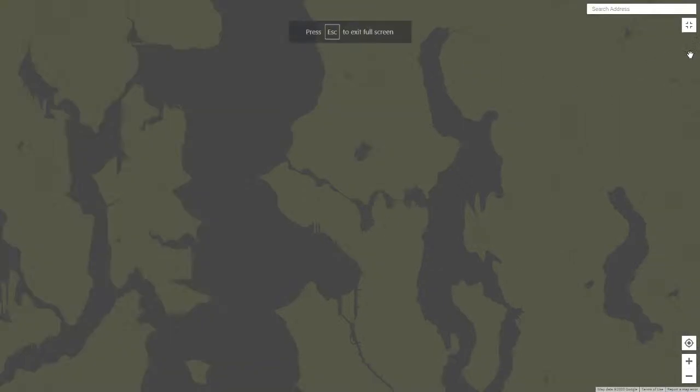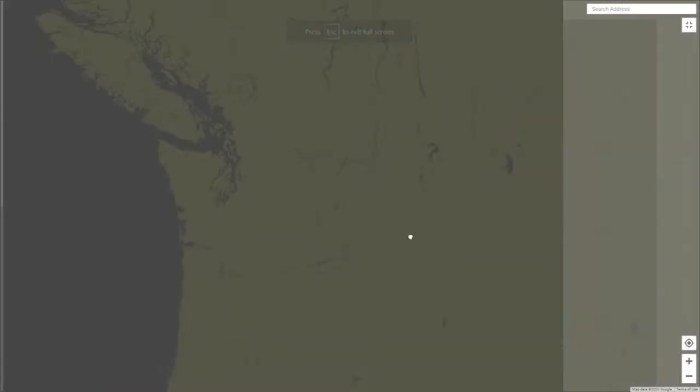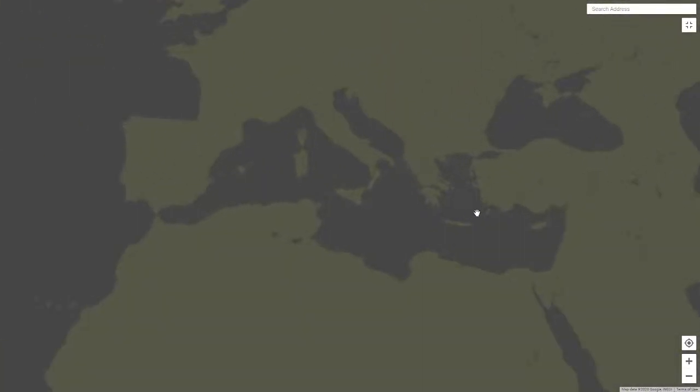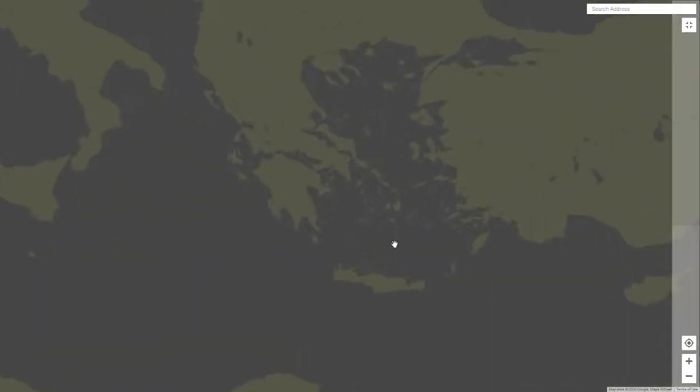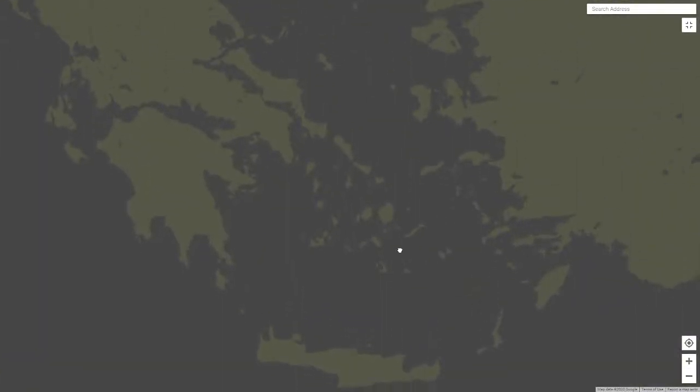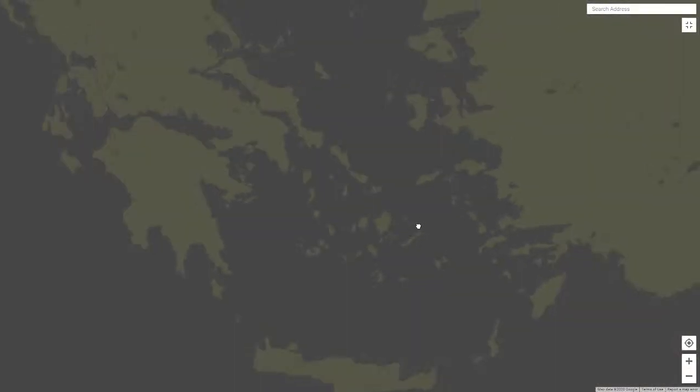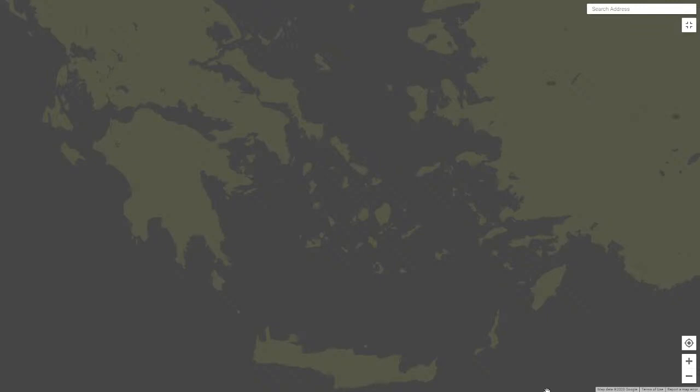Then we click this full screen mode, and at this point we can go pretty much anywhere in the world. Let's pick a hot spot. For example, it's getting a little hot over in this region right now. So if you wanted to make a map of this, the Greece, Turkey operational area, if you will, just do this. I usually put my hand up here, take a screenshot,